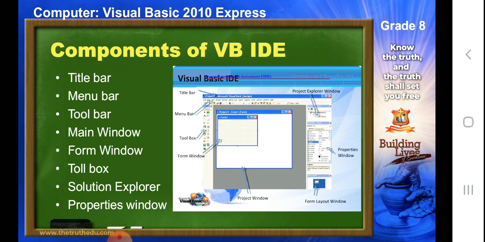So first thing I'm going to talk about is the title bar. If you remember, yesterday I said that the title bar shows the name of the file or the application which we are working on. Remember, during practical examinations, I just walk around and identify whether you have saved the file in a particular format or not. That is only because by looking at the title bar, you can yourself identify what name you have saved the file as.